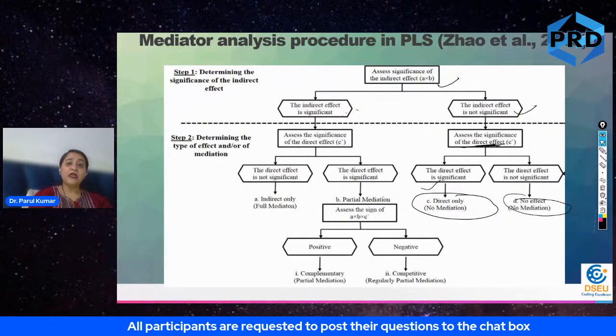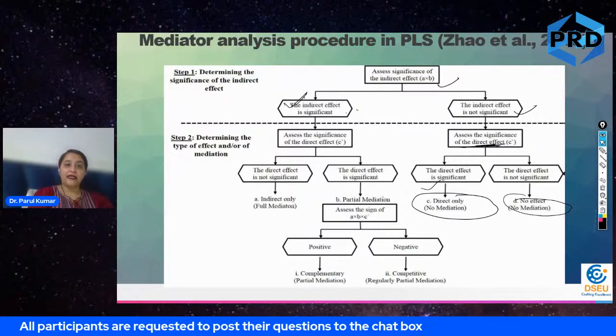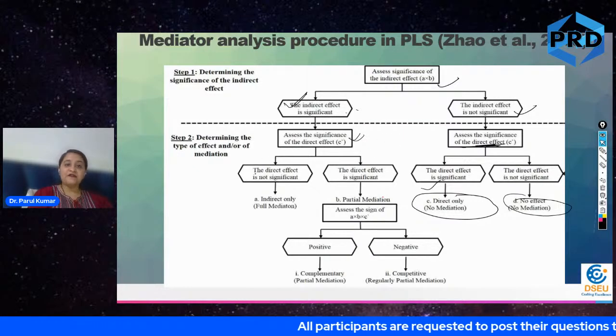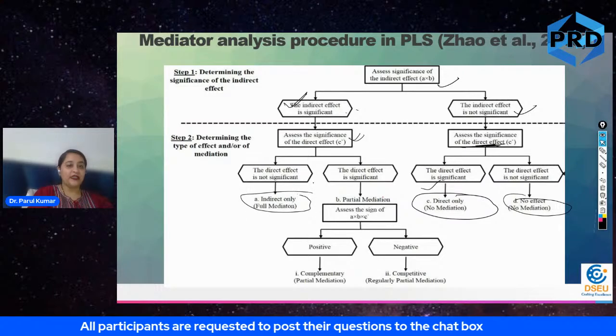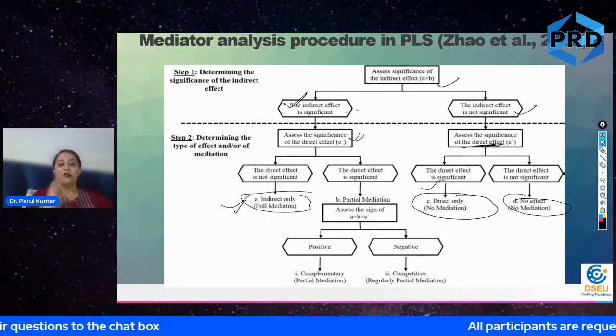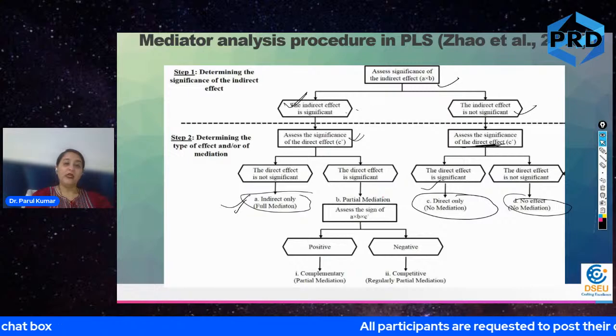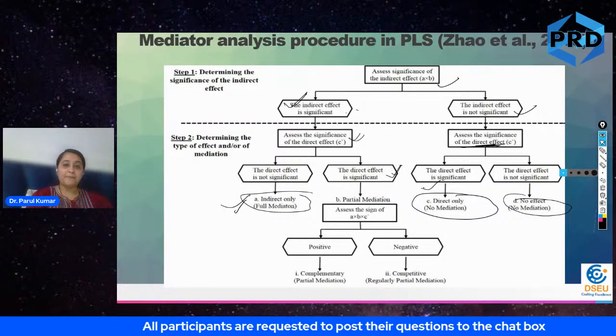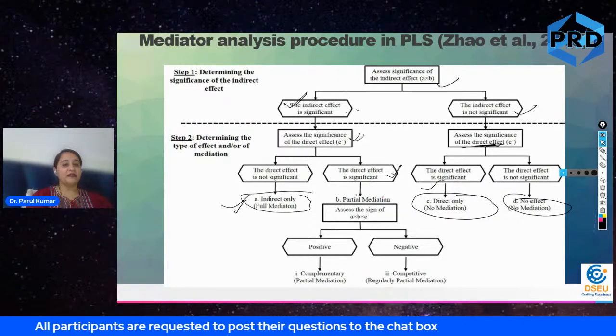Now let's suppose your indirect effect is significant. Now what is the next step? You have to see whether the direct effect is significant or not. If the direct effect is not significant, that means only the indirect effect is significant, so you have full mediation. However, when the direct effect and indirect effect both are significant, in that case we use the